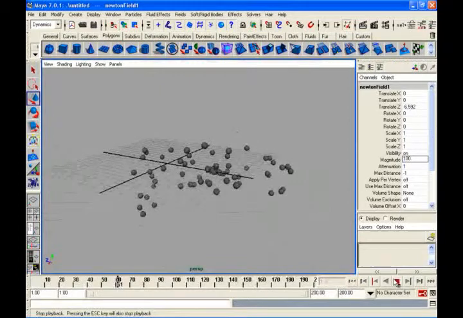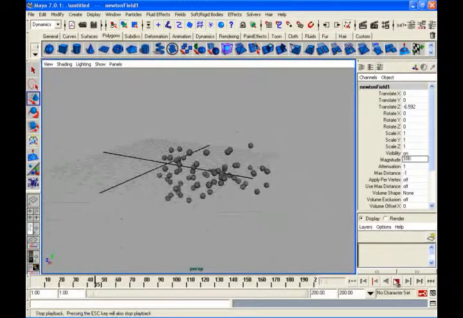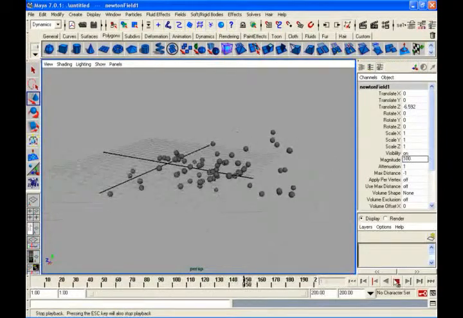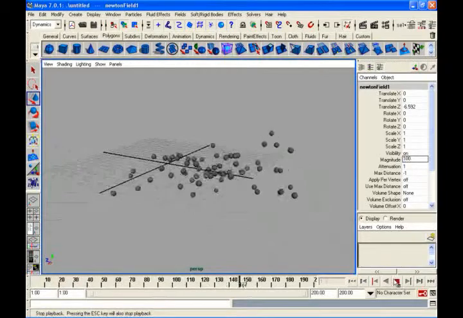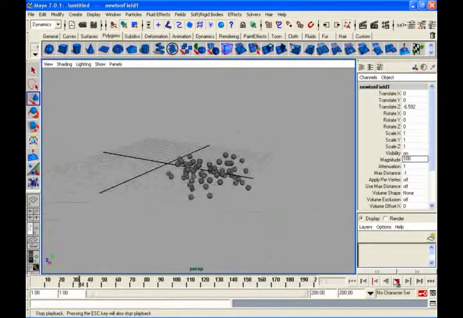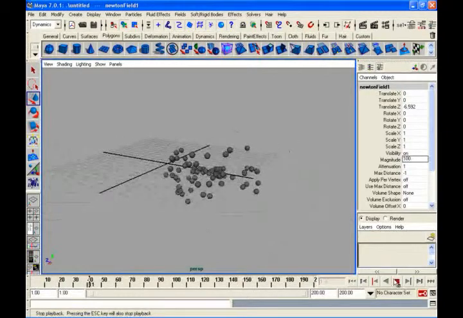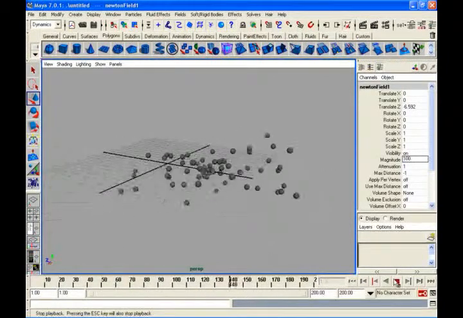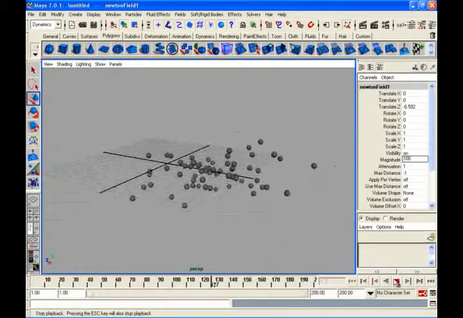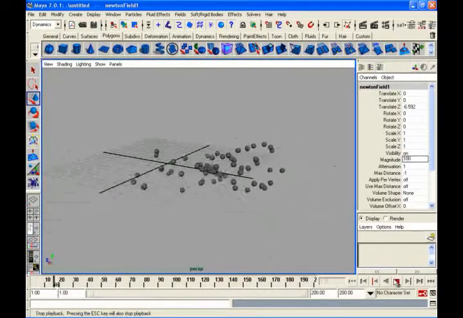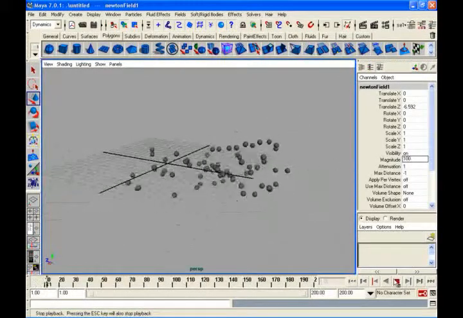These fields are for creating different types of simulations with your particles. Once your simulation is done, like some birds are flying and going here and there, they are coming into something, you want to create all these simulations with the particles. Then these particles can be replaced with the objects using instancer. So they can be birds, they can be flies or whatever it may be. Simulation you will be doing here using fields and collide and all those things. Then they will be replaced by the geometry anytime. Okay. So that is your Newton field.